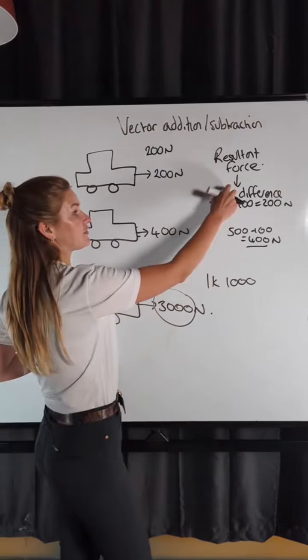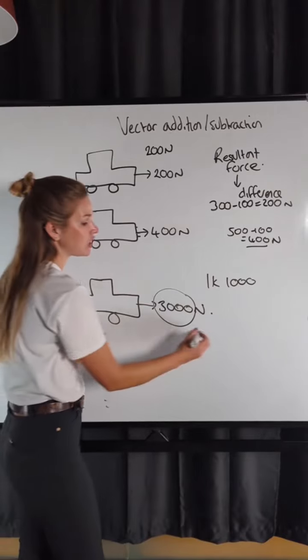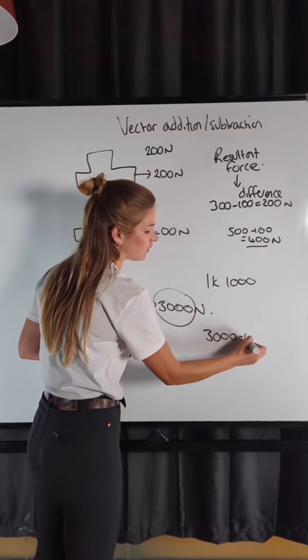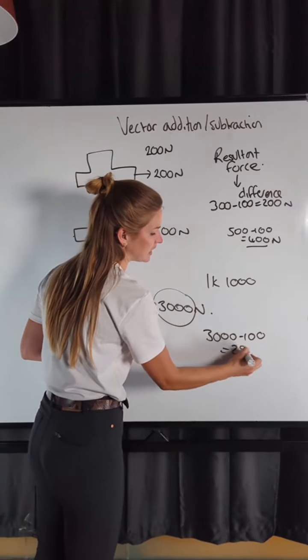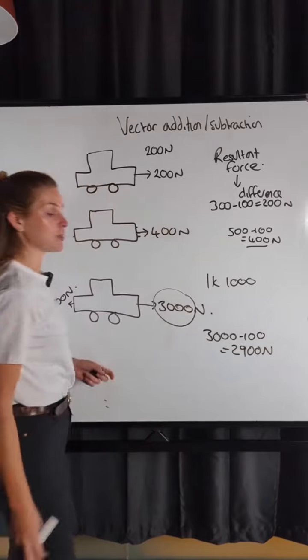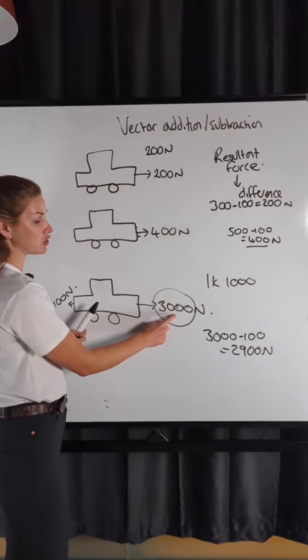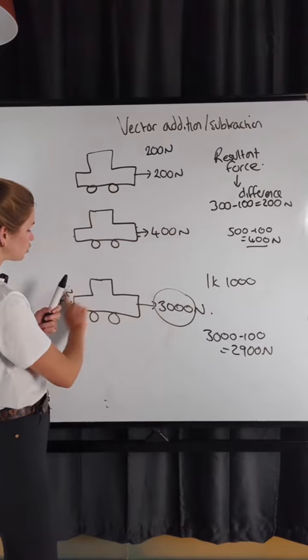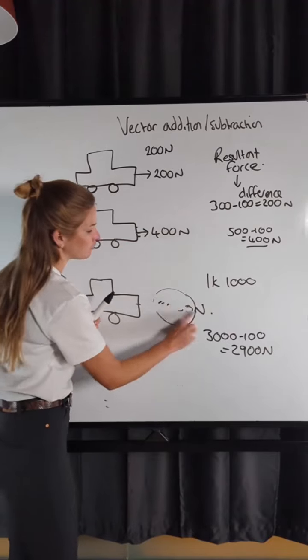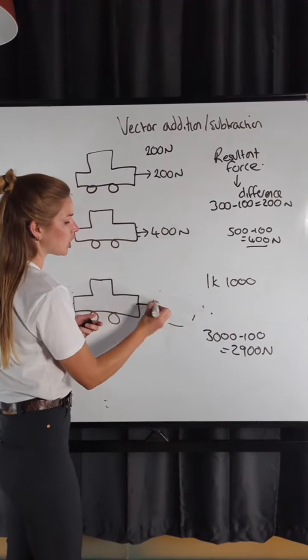So I'm thinking, what's the difference? What's the resultant force of this car? I'm going to do 3,000 take away 100, and I get 2,900 newtons. There's a bigger force of 2,900 in the forward direction. So instead of drawing 100 backwards and 3,000 forwards, I could just draw one arrow saying it's got